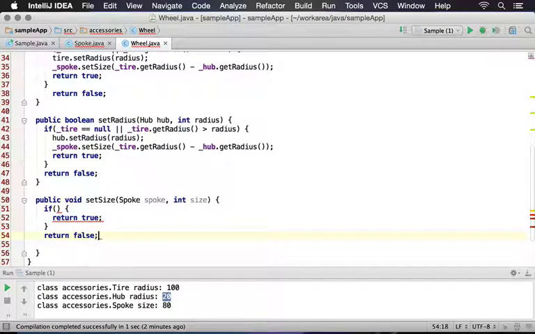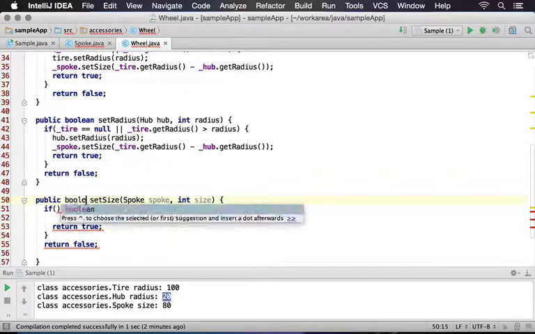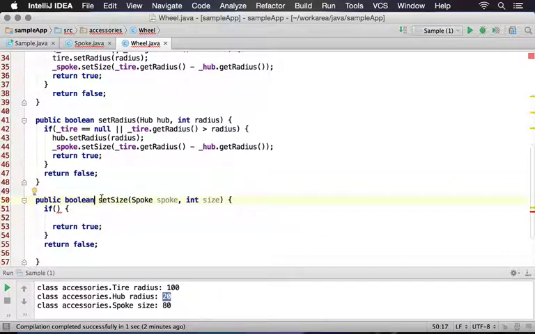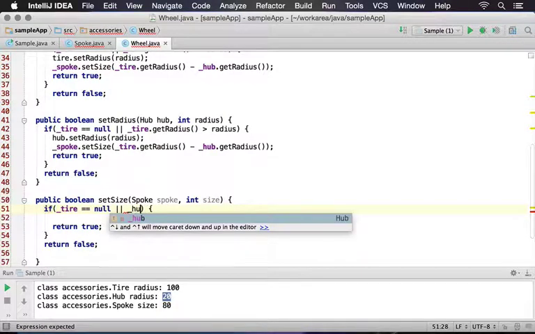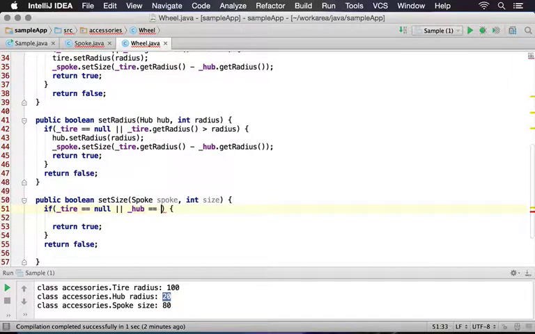Well, what is going to happen within the return true part? In this case, of course, I'm going to make it a Boolean function, and this is going to be the function to set the size. And what am I going to do here? First of all, if the tire is equal to null, well, if the tire is null, in this case, I can go ahead and set whatever value I want to, or I'm going to say if the hub is equal to null,